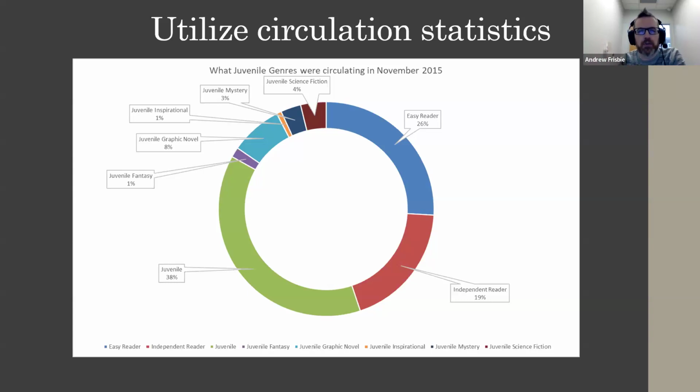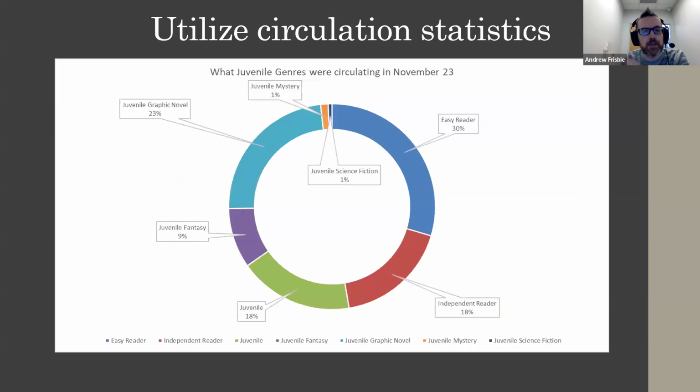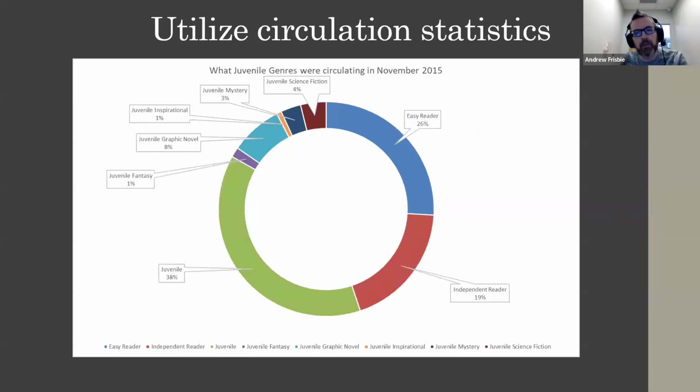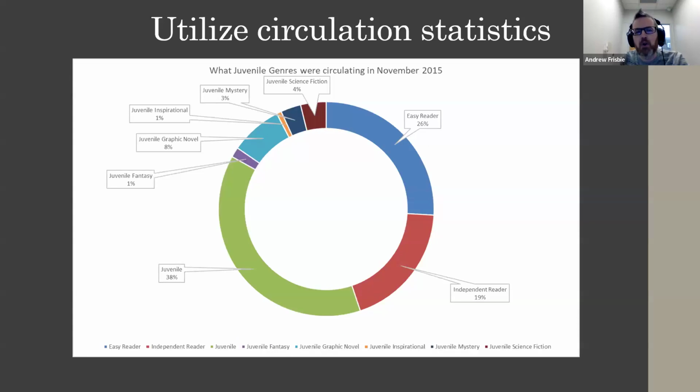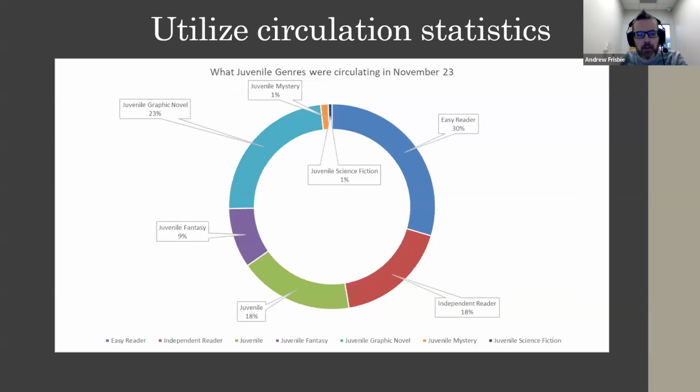So this is how our juvenile genres were circulating in November of 2015 versus this year. I'm just going to go back and forth a little bit. Juvenile graphic novel is the light blue in the upper left corner, and has exploded over the past 8 years. Fantasy has gotten bigger, which actually surprised me. It was as slow as it was in 15. But base juvenile fiction has kind of shrunk.